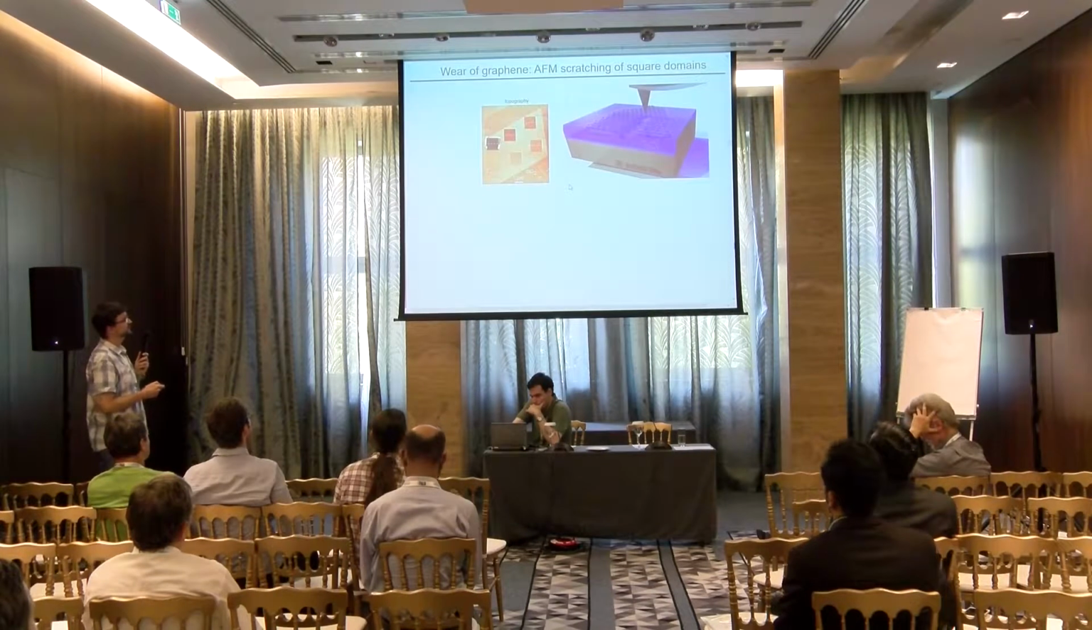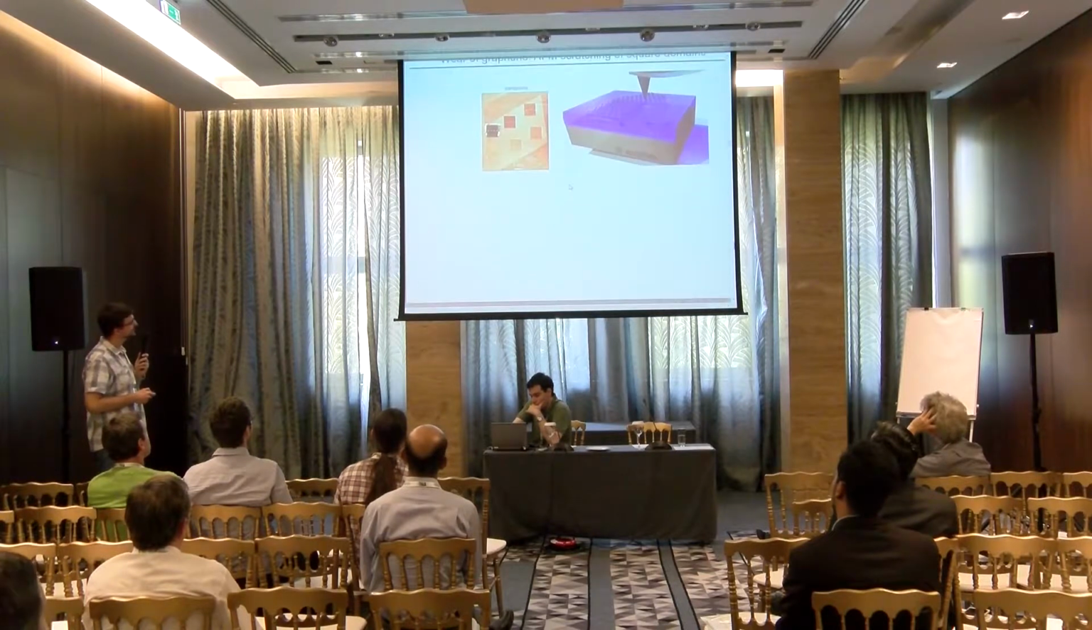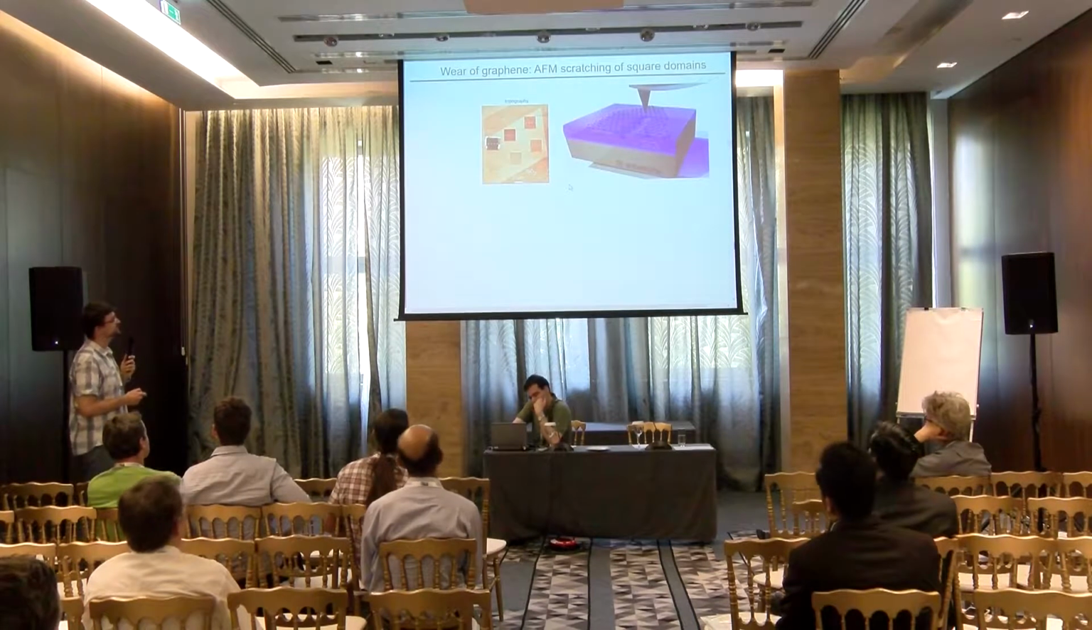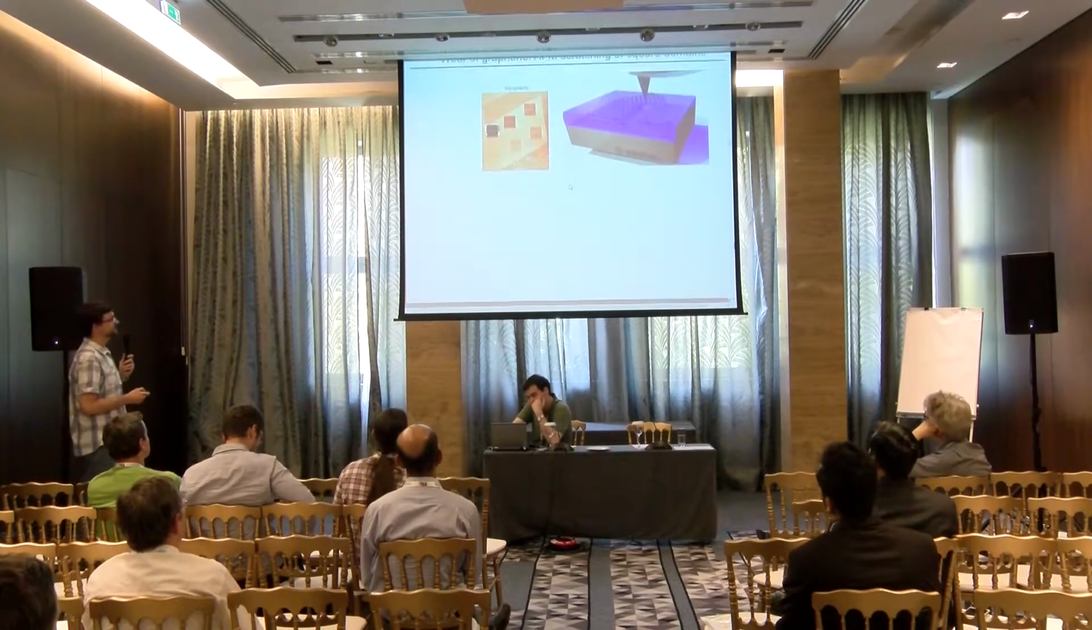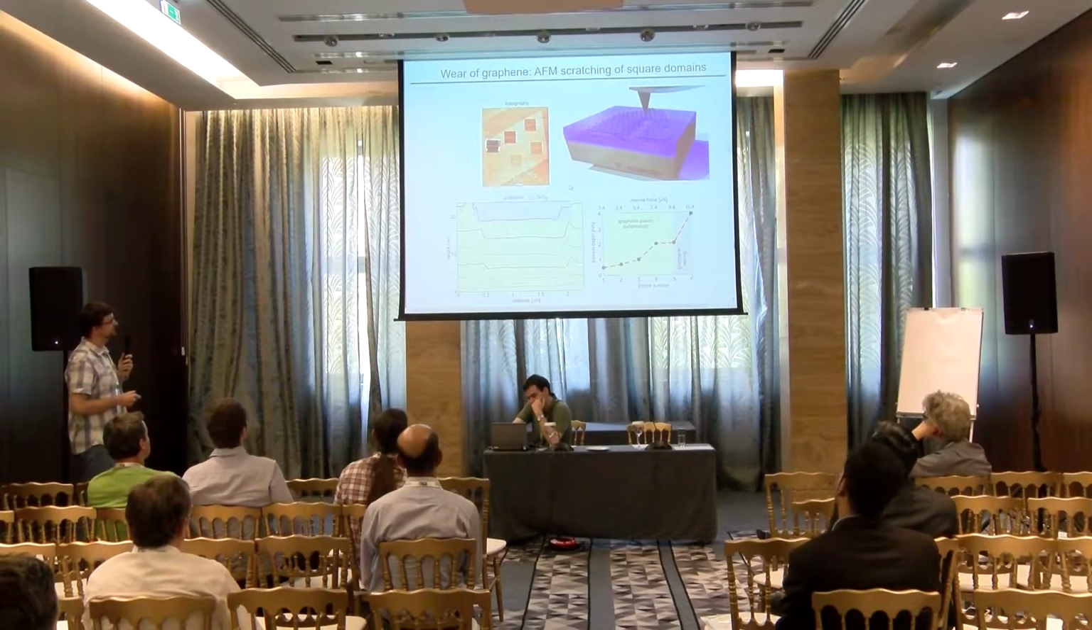Okay, so these are our results measured after the scratching. So this is graphene, and this is neighboring silicon dioxide, which acts as a substrate. So we scratched these 6 square domains. Okay, next please. And this figure shows the height of these domains along these dashed lines,